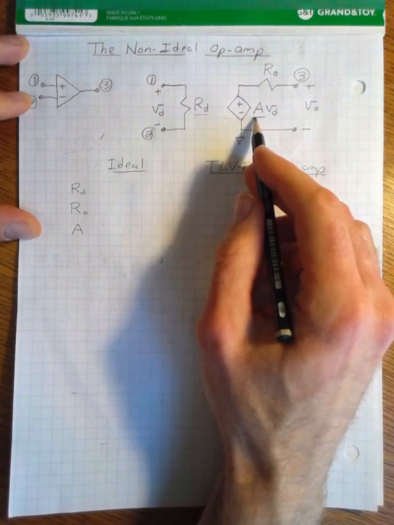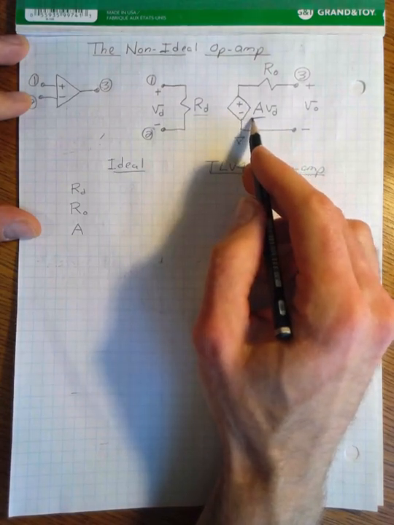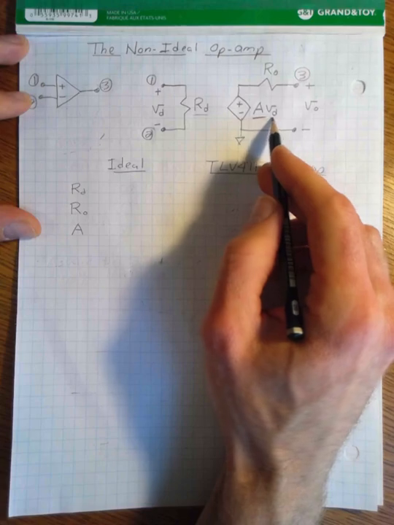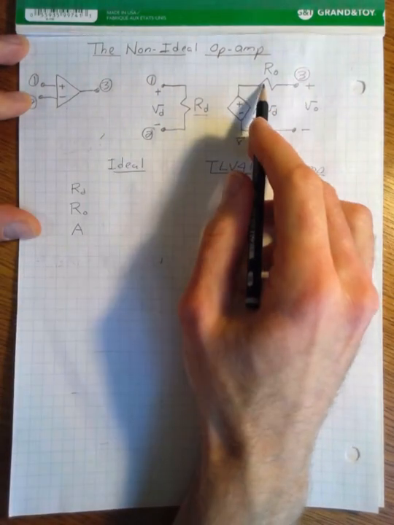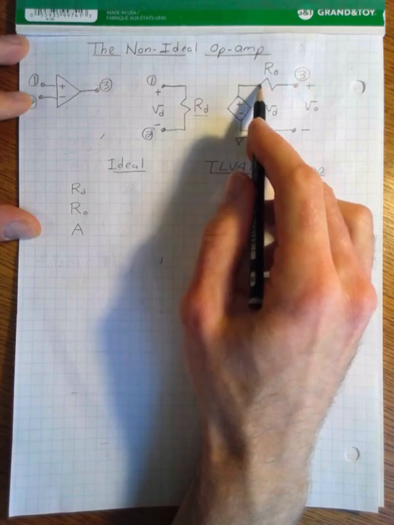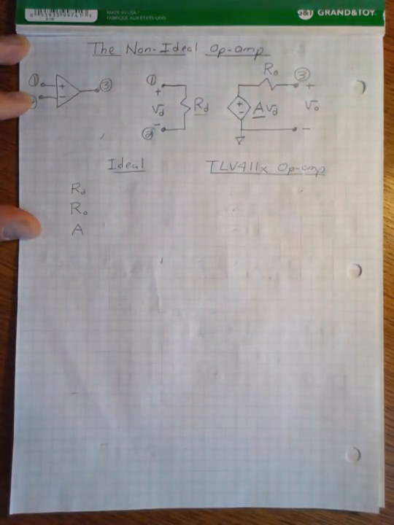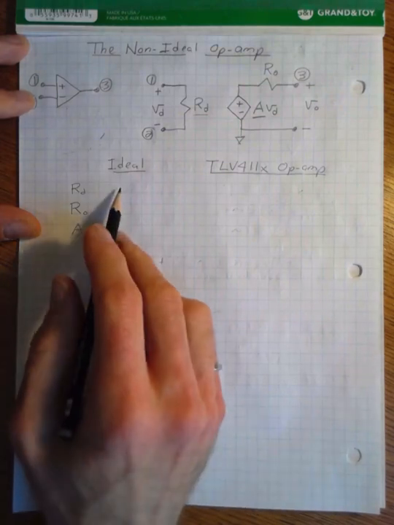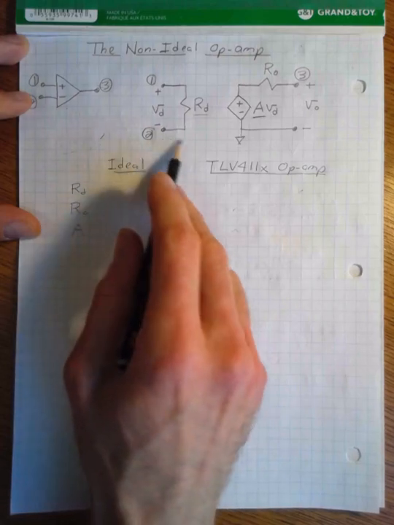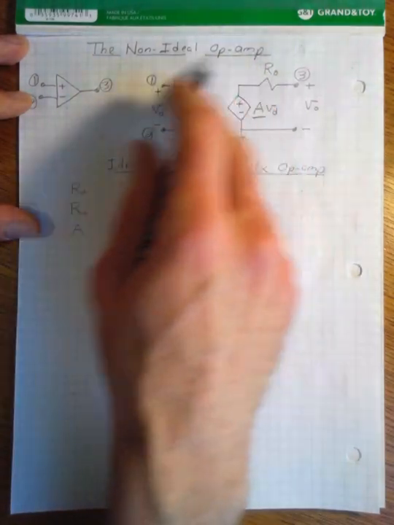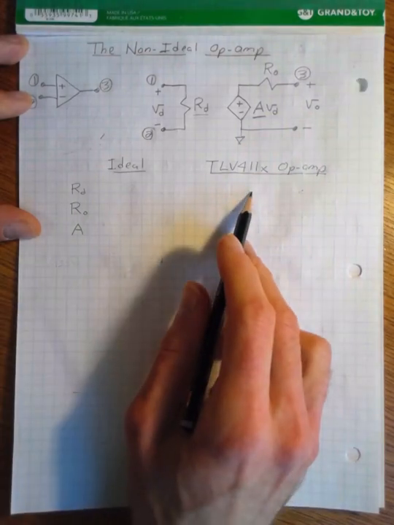The voltage generated by our dependent source is equal to A multiplied by VD. And we have a resistance in series with our dependent source, RO. And so what I want to do is compare what we would assume for this circuit design if we had an ideal op-amp versus what we get with an